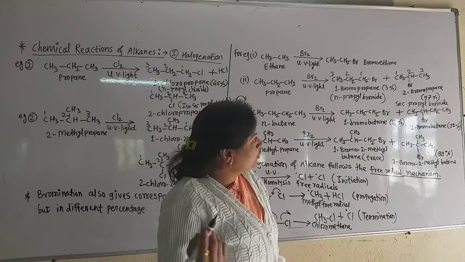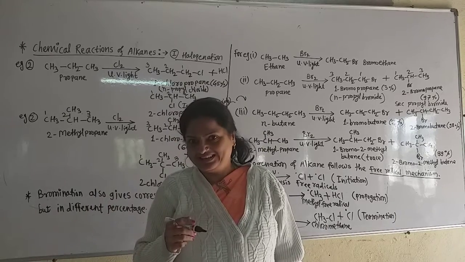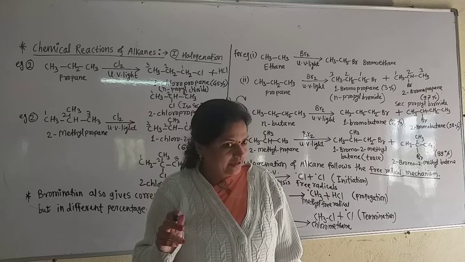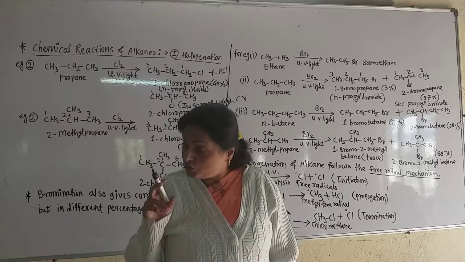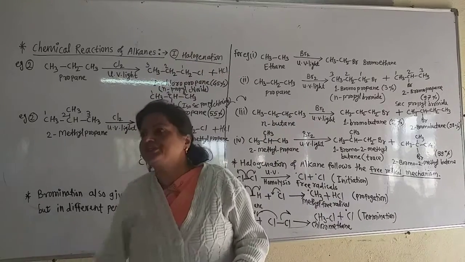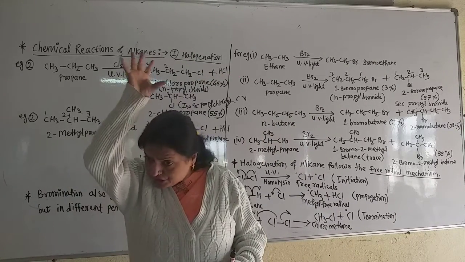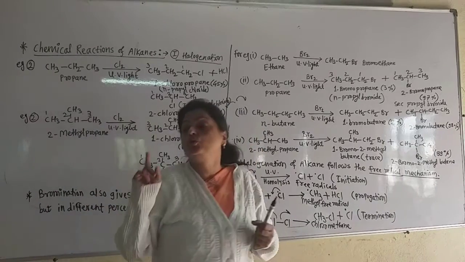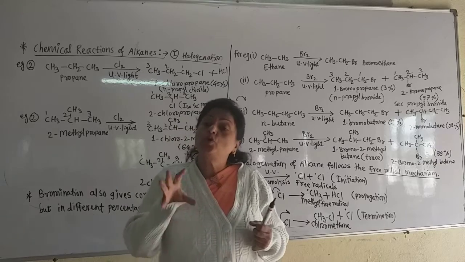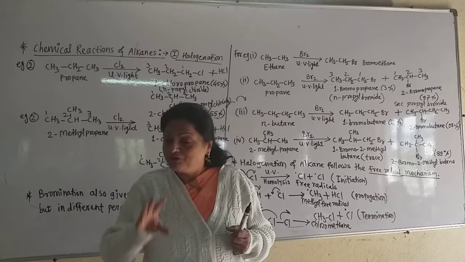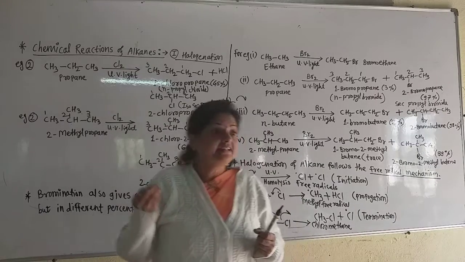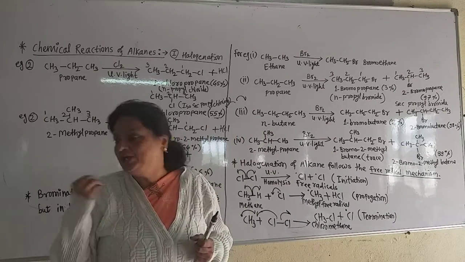So, it is called 2-bromopropane. Now understand, this is a very important short note from the examination point of view. They ask in the examination, write a short note on halogenation of alkane. So from the first point up to the last point, you have to write this, with all the examples. If you know the formulas of alkanes and what products are formed, then you can very successfully write the answer to this question, halogenation of alkane.